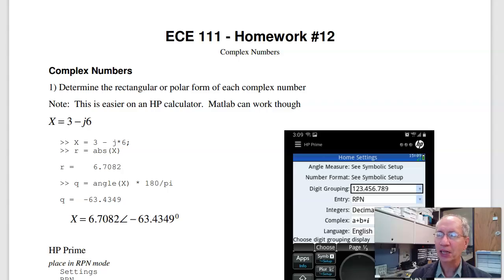Time matters. On a test, it's kind of a race to the end. A calculator that quickly gives you the answer is worth points. HPs also give you the right answer. That too is worth points. So again, I would highly recommend that you get familiar with an HP calculator. They do have a learning curve, so don't learn how to use them on a test. That's kind of what 111's for. Learn how to use an HP calculator in 111, so by the time you get to circuits 1, circuits 2,